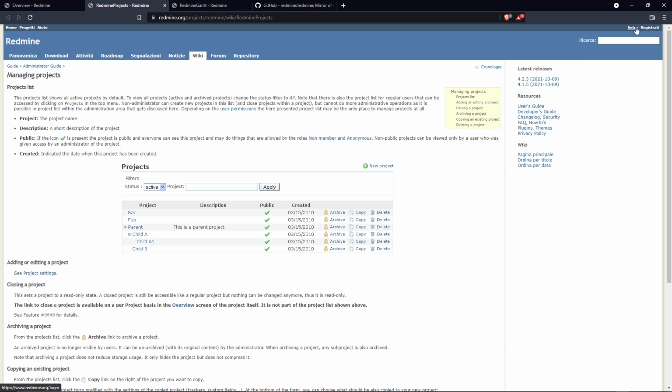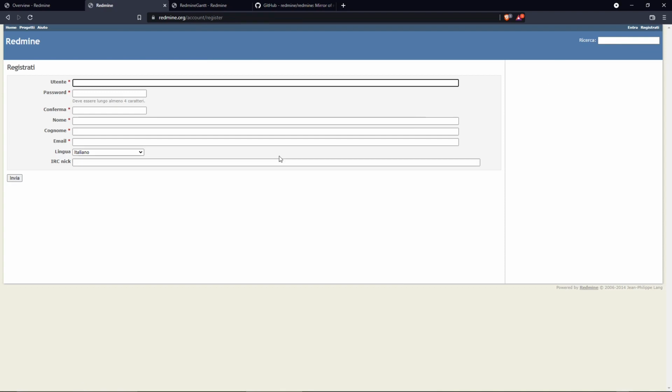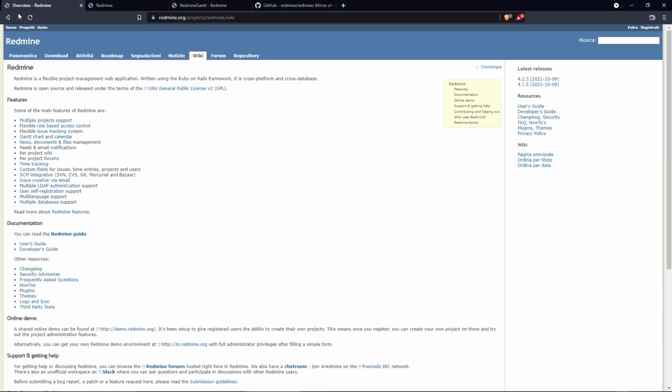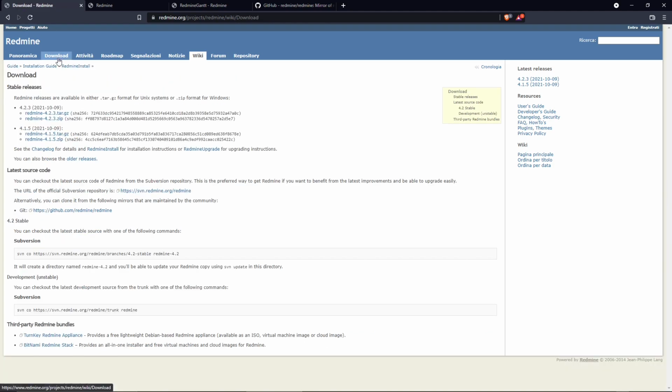Now what we can do is register right here, so you can create an account and then get inside it, which I already did. Just click on the registration module and fill out all these forms, then create a username and a password, and you'll be logged in, so you can test the web app, which is available already here on the Redmine website, redmine.org. You can also download the versions here, and again you can see the source code. You can find the link to GitHub,